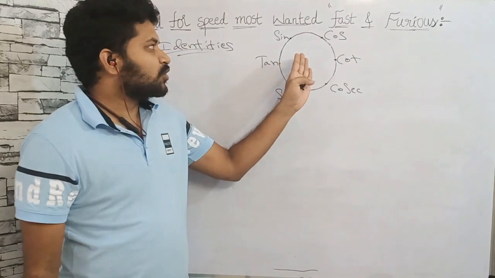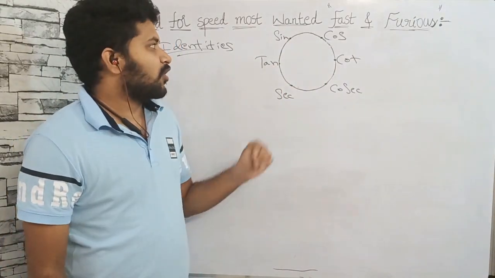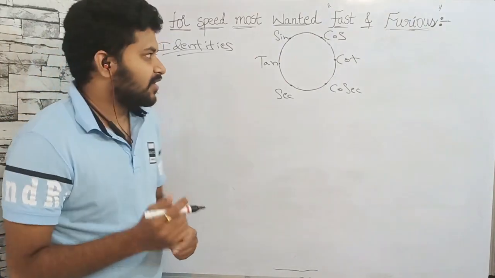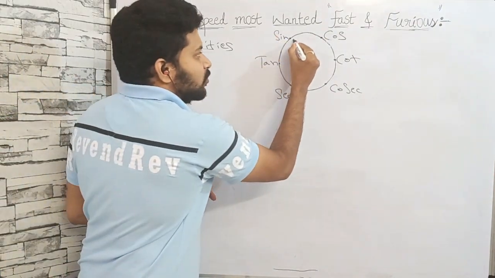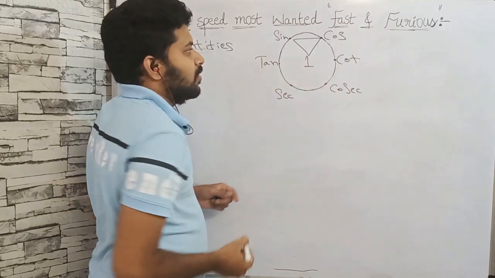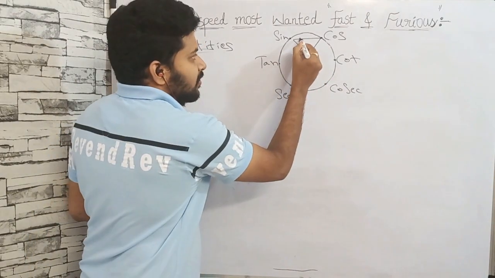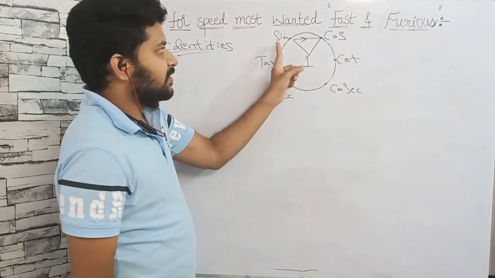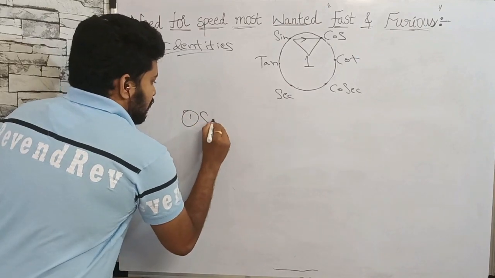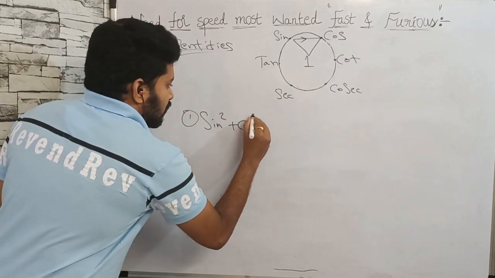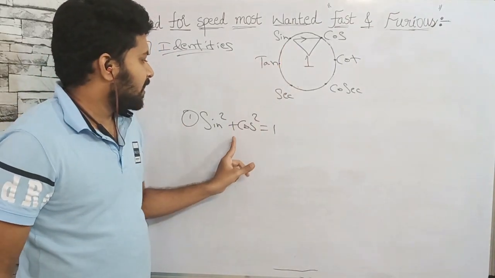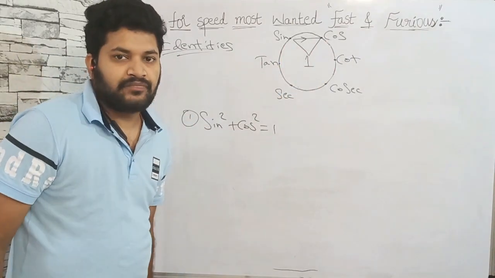And our fifth subtopic: trigonometric identities. This identity is related to this clock diagram. Here we have three main formulas, and the first one I will explain with this diagram. In the center, one is there, and going to the right side, sine after cos and then 1. Listen students, sine square plus cos square is equal to 1.